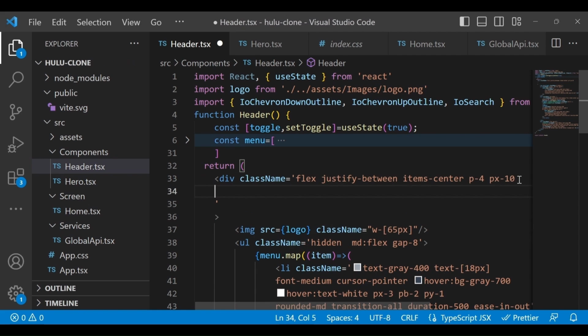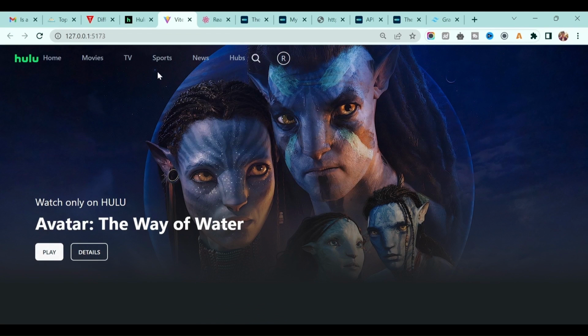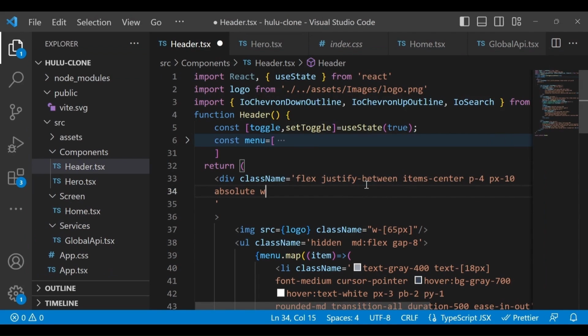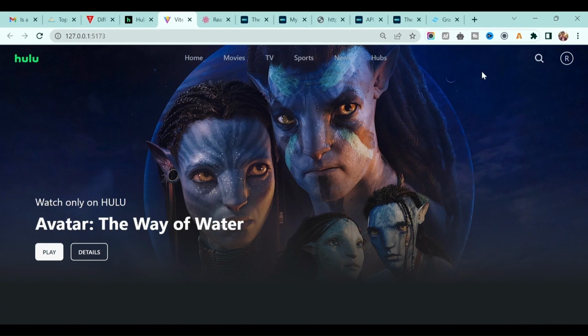First write absolute, because you want it on top of this image. If you make it absolute, you will see this header like this. Right now the width is not full, that's why it's showing like this. So let's make the width full, save it, and see it working.